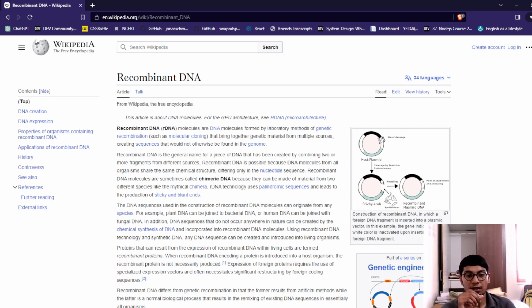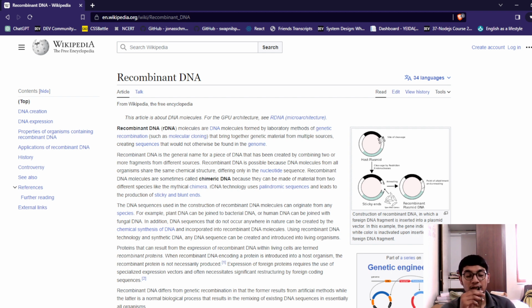In addition, DNA sequences that do not occur anywhere in nature can be created via the chemical synthesis of DNA and incorporated into recombinant DNA molecules. Using recombinant DNA technology and synthetic DNA, any sequence can be created and introduced into a living organism. Proteins that result from the expression of recombinant DNA within living cells are termed recombinant proteins. When recombinant DNA encoding a protein is introduced into a host organism,